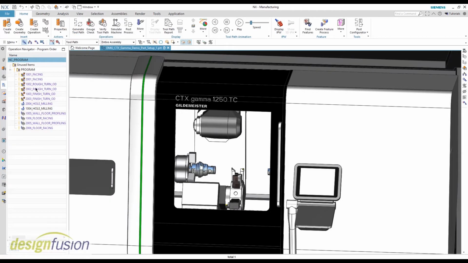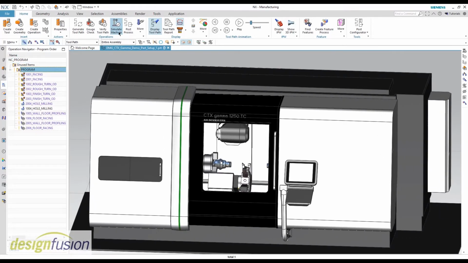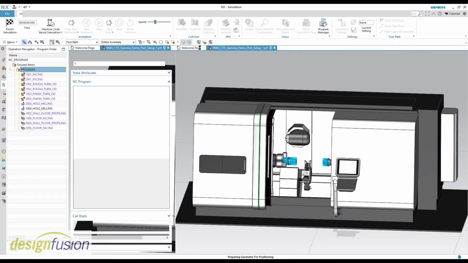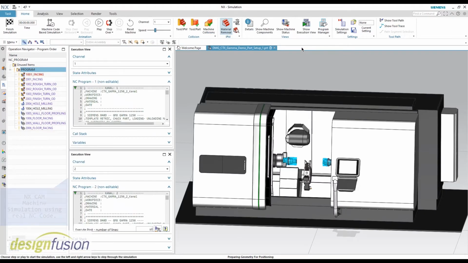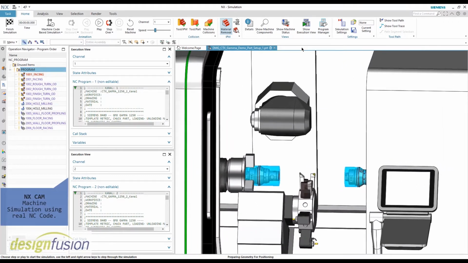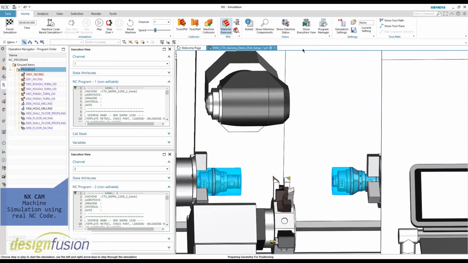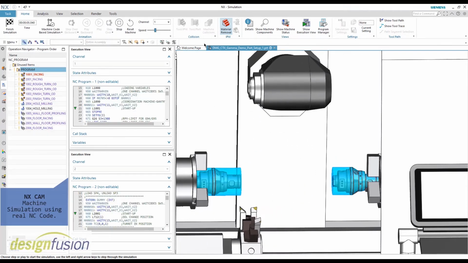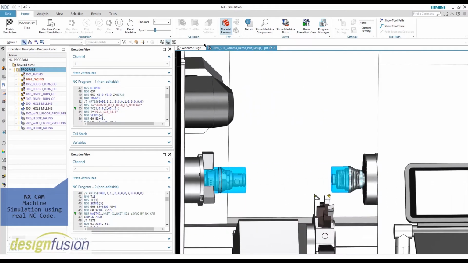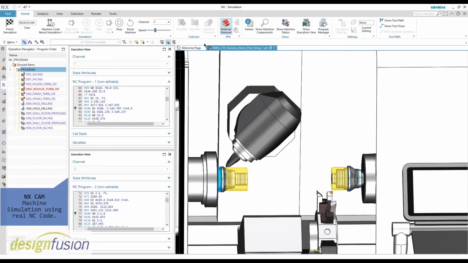This simulation model is called CSE, that means Common Simulation Engine, and it is an integral part of NXCAM. A program check on a virtual machine can save not only your machine and tooling investment. At the same time, you can also virtually do whole machine projects and work out the real tool and fixtures dimensions using 3D models from manufacturers' websites.